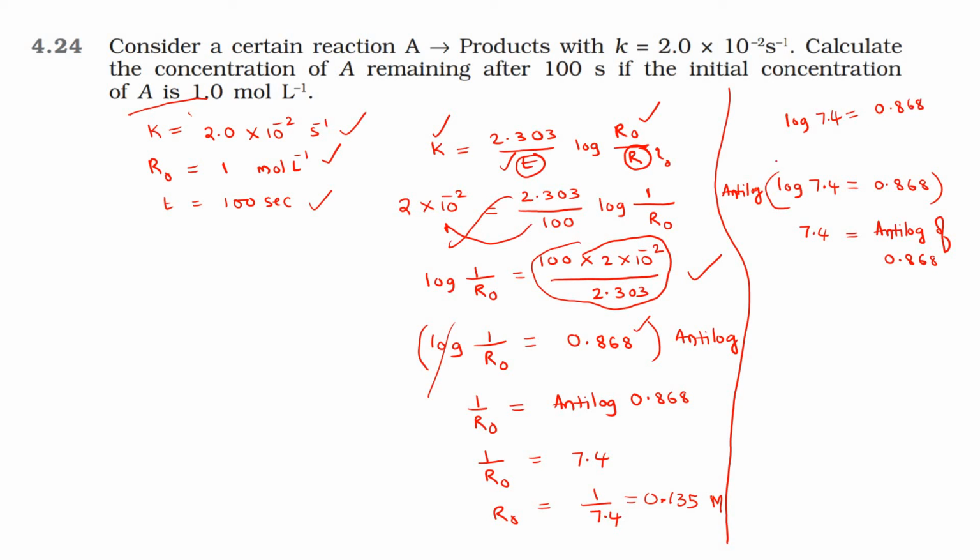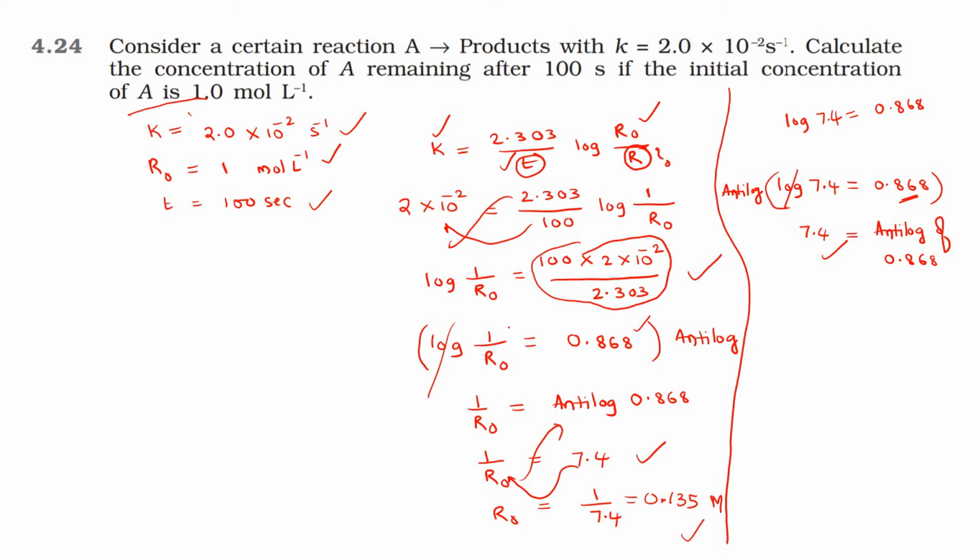Now after that what we are doing? You are taking for this one antilog here. So antilog and log get cancelled. Now what we get here? Antilog of 0.87 is equal to 7.4. Now substitute 7.4 here. Next, send this R naught here and 7.4 here. So what we get here? 1 by 7.4. We get the R naught, isn't it?